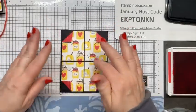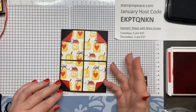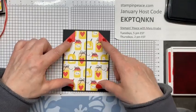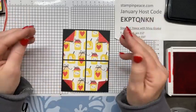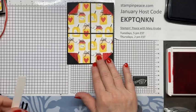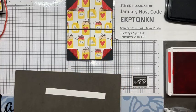Okay, so it looks good, right? They're all evenly spaced. I've got my 4 outside corners popped up. Now this is where if you want to adhere these down, you certainly can do that. If you'd like them to be lifted up off the card front, then you can leave them be. Now on this card, I'm going to